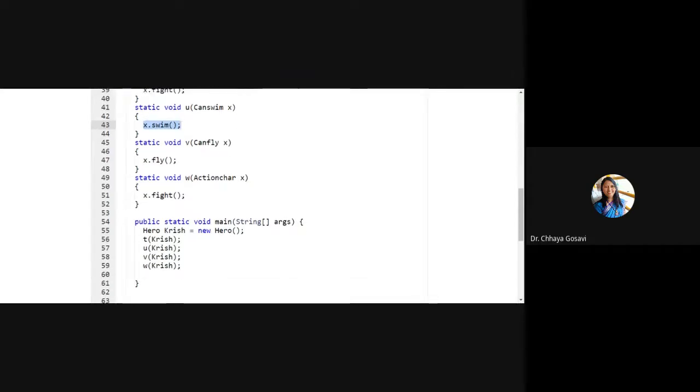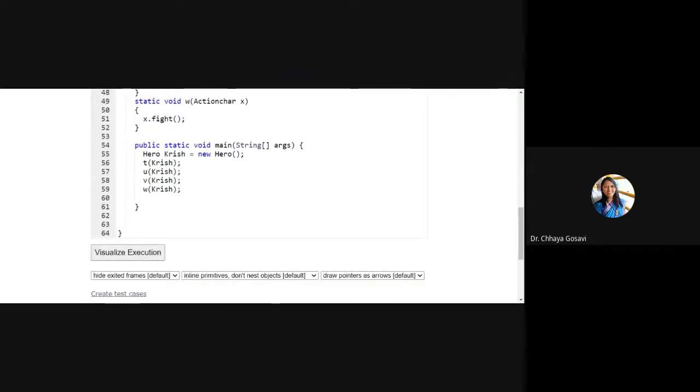Same thing for CanFly and ActionCharacter. So as a user or as a third person, you can see that you are passing an object, but at the other end in implementation details, you are accepting this object in various references, and those references you are using to call the methods. So if you run this code,